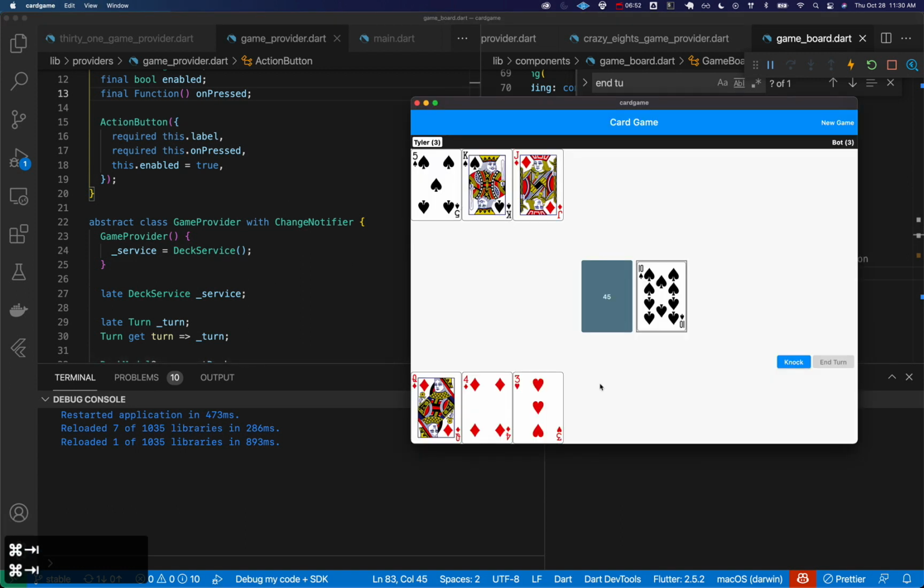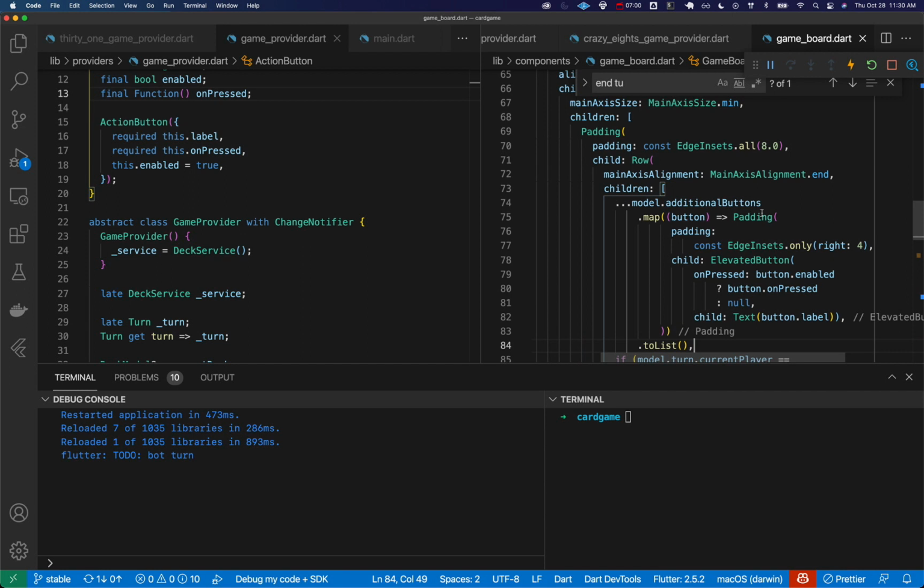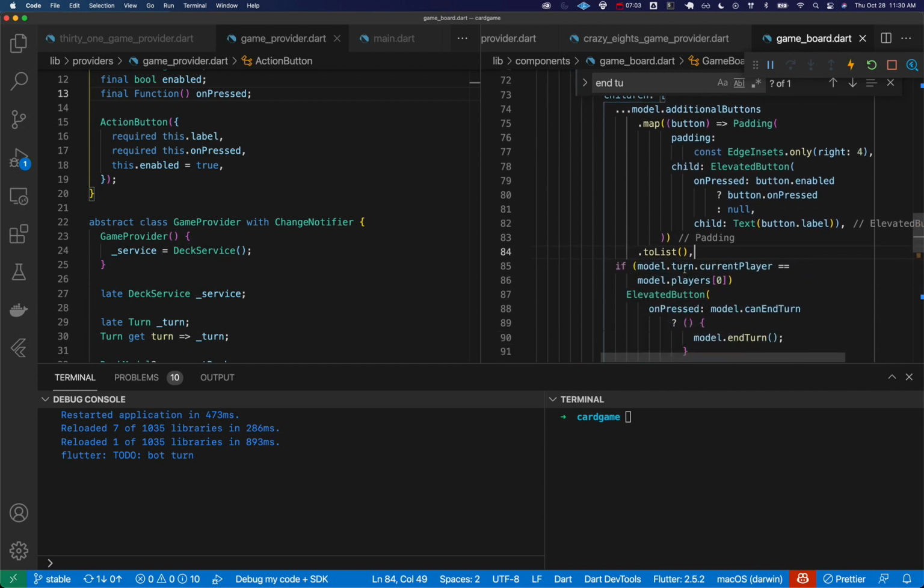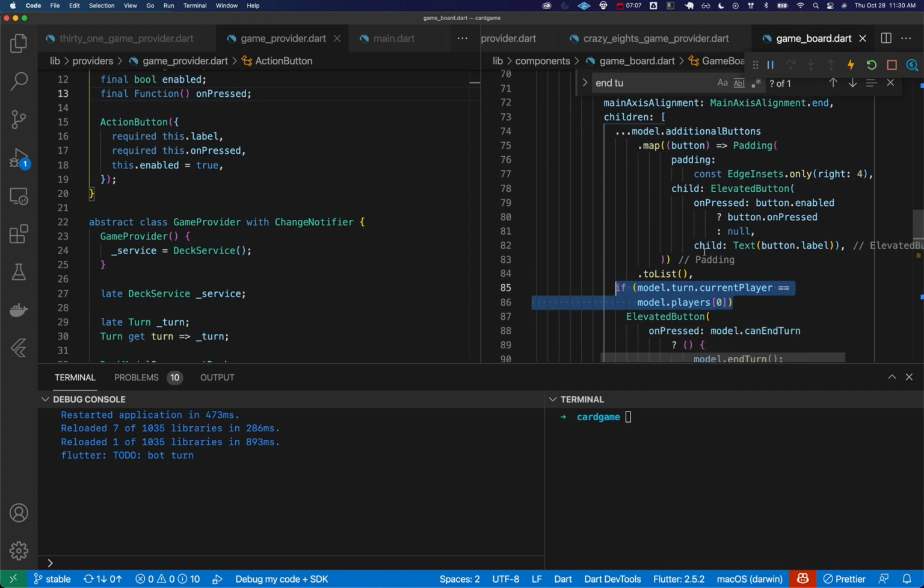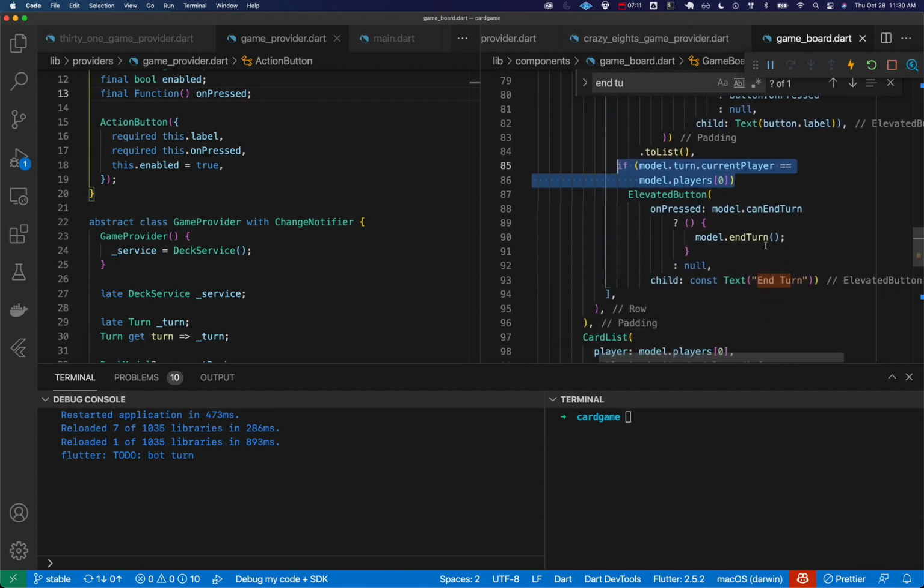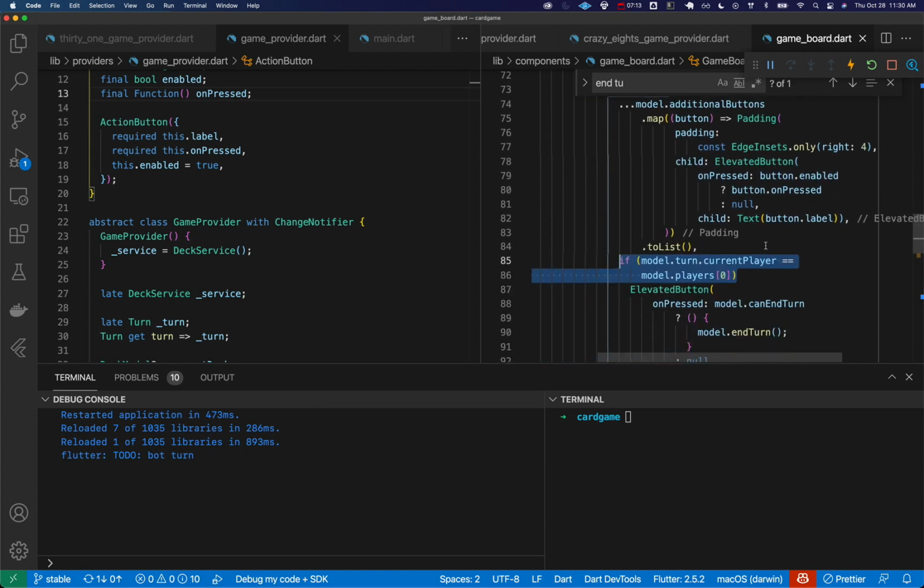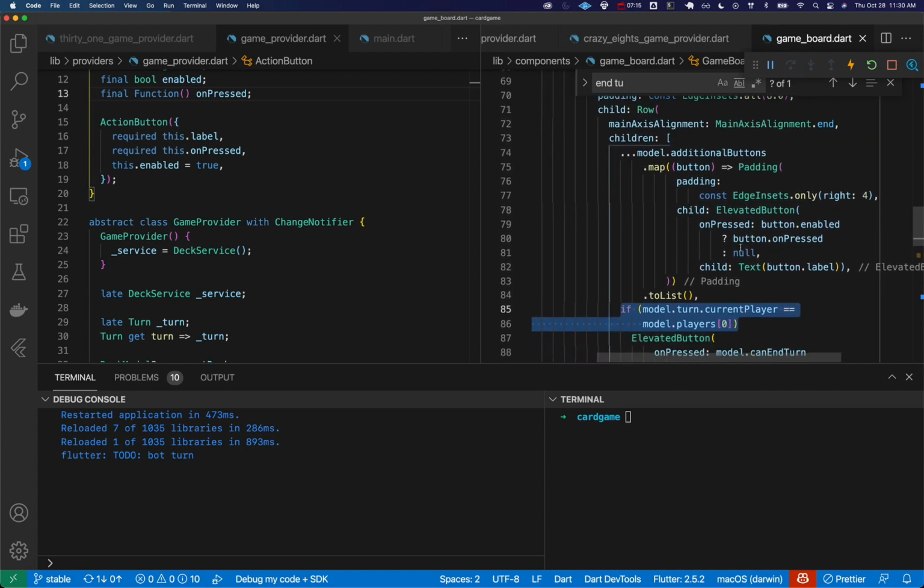Okay, so we should see after I finish my turn, just to make sure this is working, which I will do, I can end my turn. Okay, so that button is still showing up. So we do need, right, because we have this here. I'm thinking, yeah, we should not ever show these when,